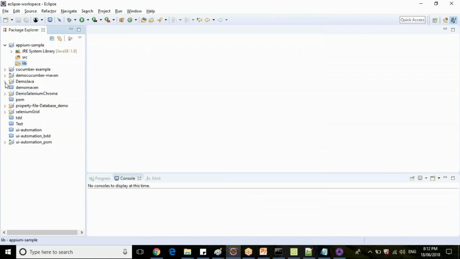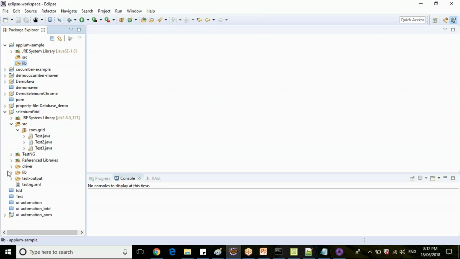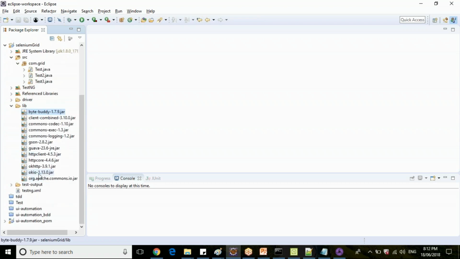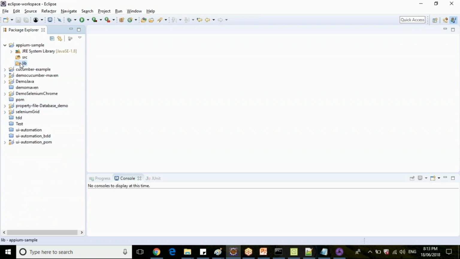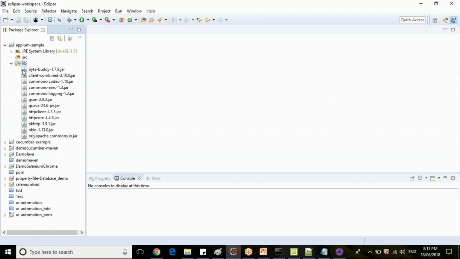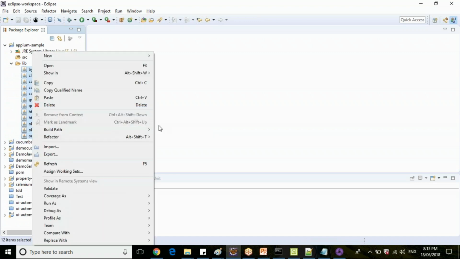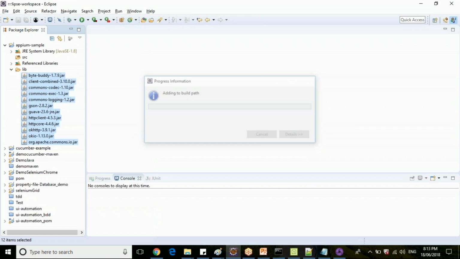As I told, we need Selenium jar files, right? Let me copy the Selenium jars from here. So these are the Selenium jar files. Copy these, paste in the APM library folder, add to build path.